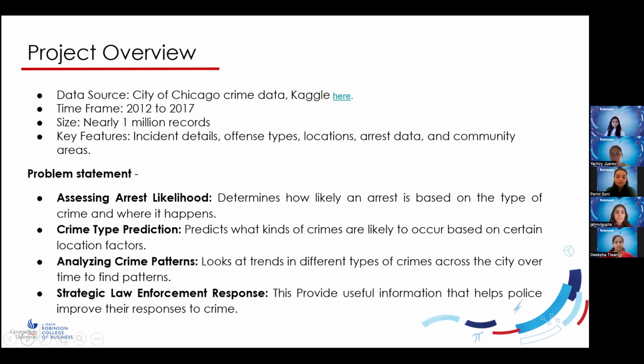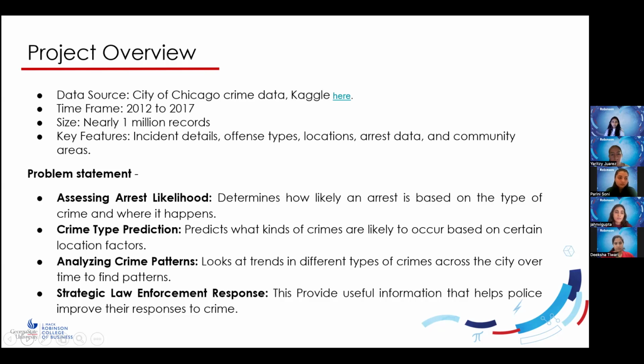The project is based on the City of Chicago crime data set, which is available on Kaggle for everyone. The time frame is from 2012 to 2017, which is nearly 1 million records in the data set. It's a huge data set. The key features include incident details of the crime, offense types, locations, the arrest data, and community areas in which the crime occurs. The problems we're solving for are assessing the arrest likelihood, determining how likely an arrest is based